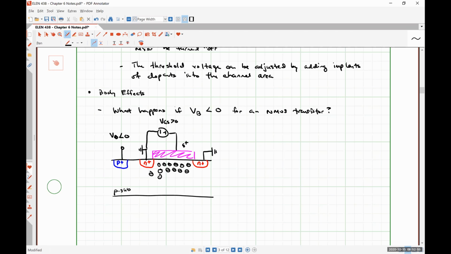And so we're actually going to cause the size of the depletion region to increase. So as VB becomes more negative, holes in the substrate